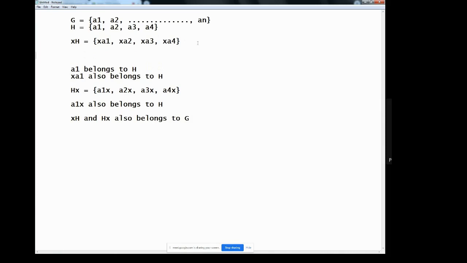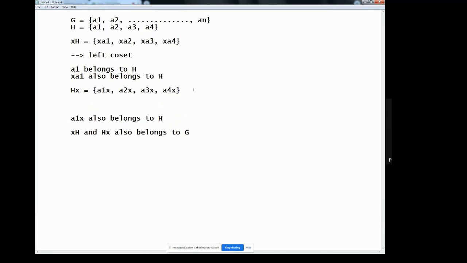Whatever set you get after performing XH is said to be a left coset, because you have performed the operation from the left side. While coming to HX, you can simply imagine this is the right coset. Right?